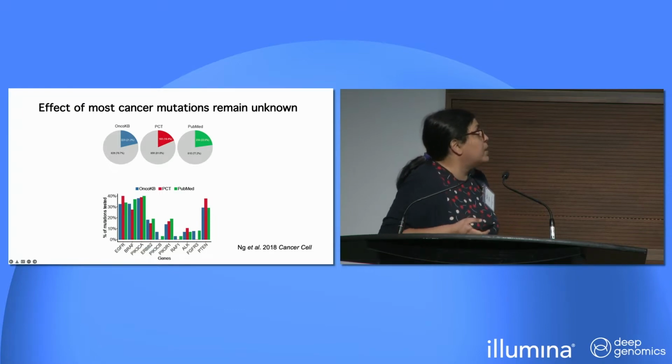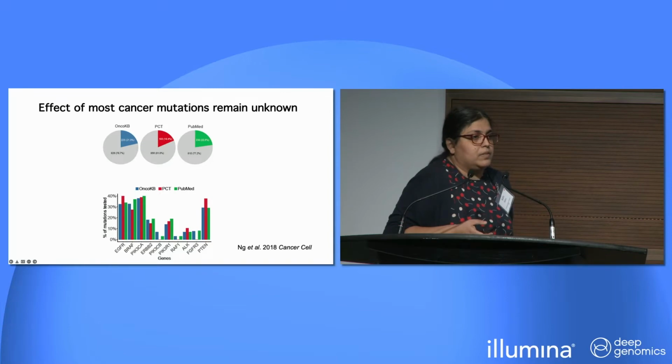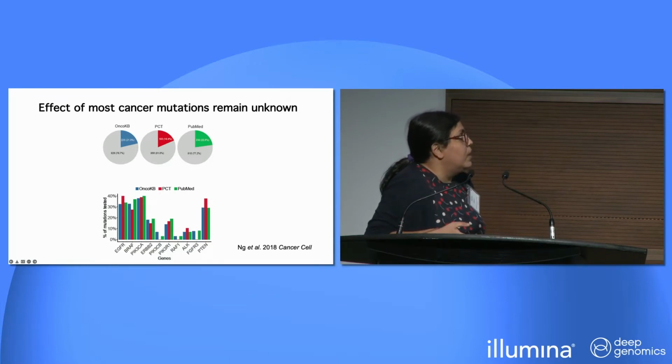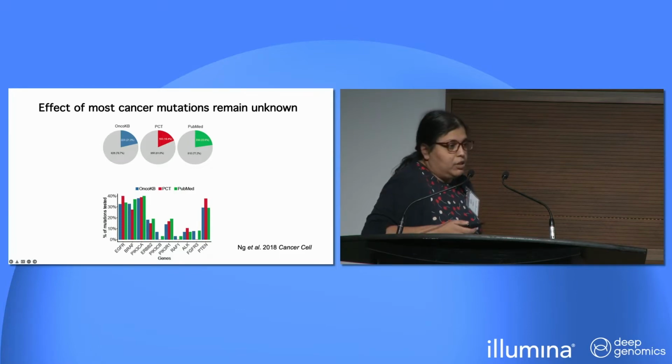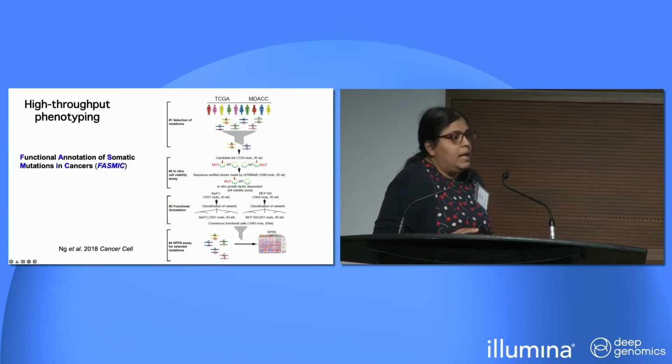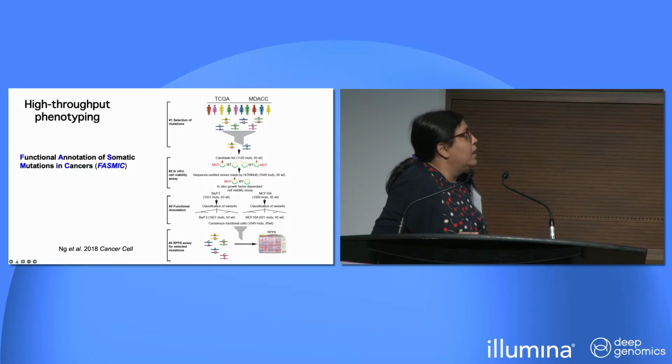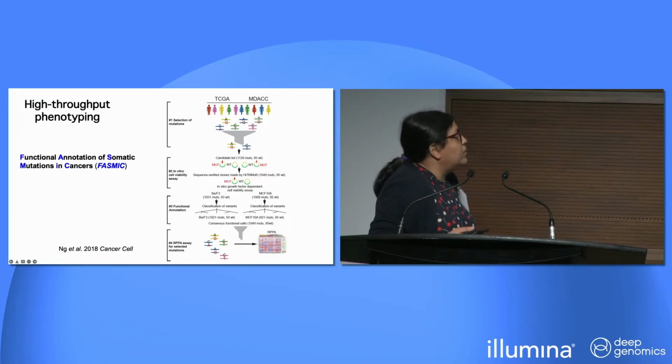Here I'm plotting data that we compiled for some of these key oncogenes and tumor suppressors, showing the state of mutation characterization. As you would appreciate, a large fraction of these mutations, shown in the gray part of the pie, still remain uncharacterized. So as part of this effort, we started using our technology to look at mutations coming out of the Cancer Genome Atlas, as well as individual panel sequencing of patients